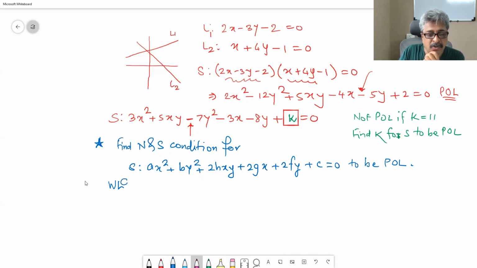Without loss of generality, let a not be equal to 0. This implies